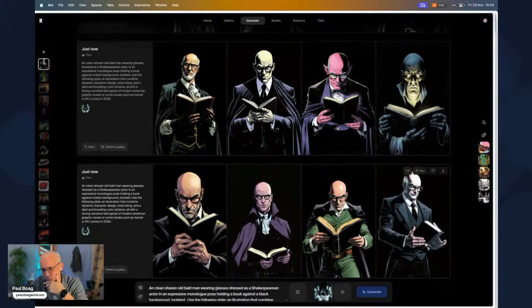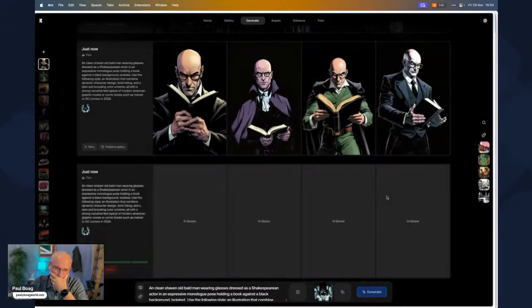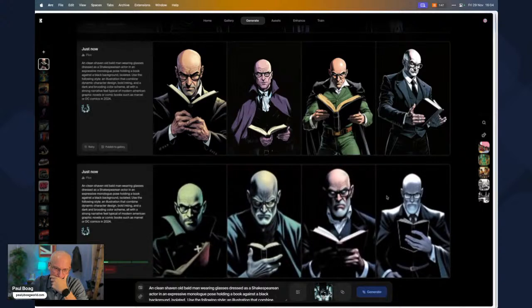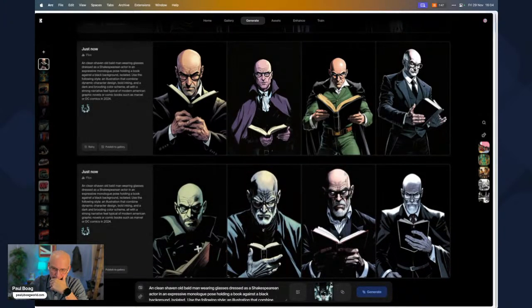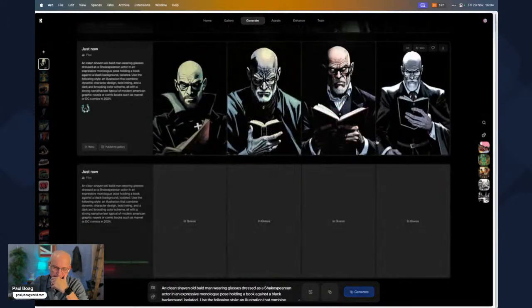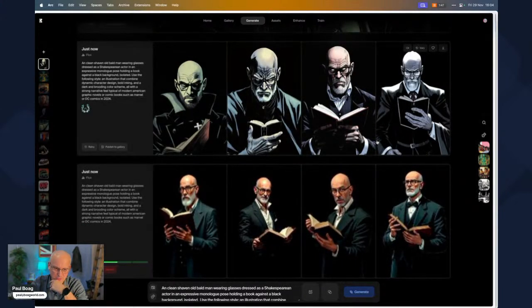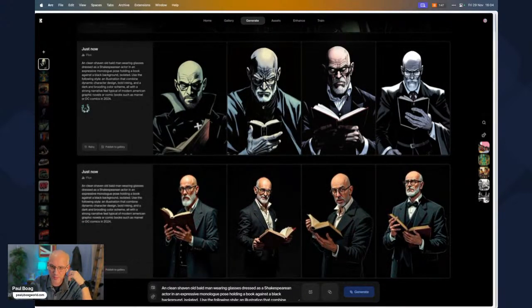I quite like that one, but yeah, we're not there yet. I don't know what's all this cape business going on. Now it's all gone a bit Machiavellian, isn't it? Let's get rid of the styling. There we go. Still put the beard in. See, it's insisting on a beard.